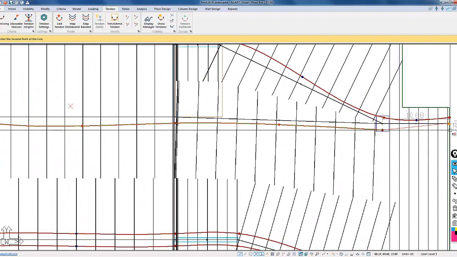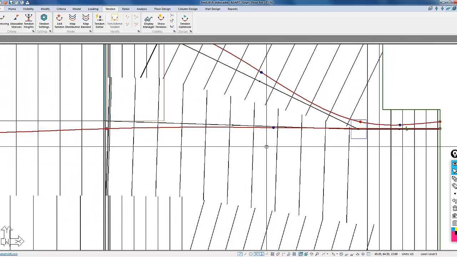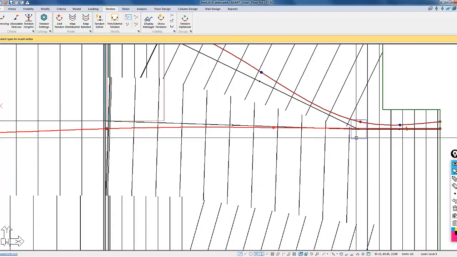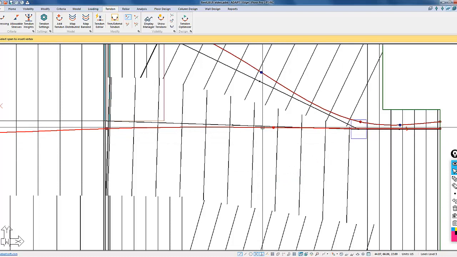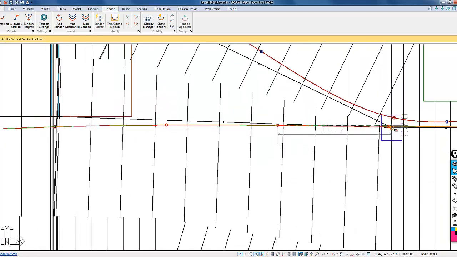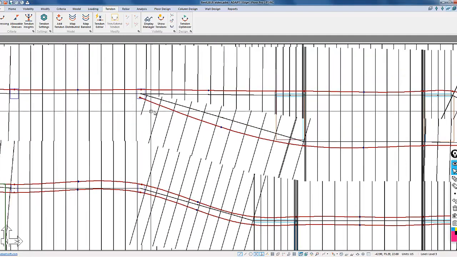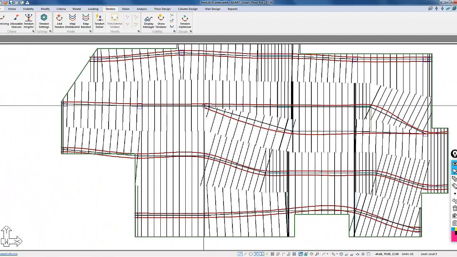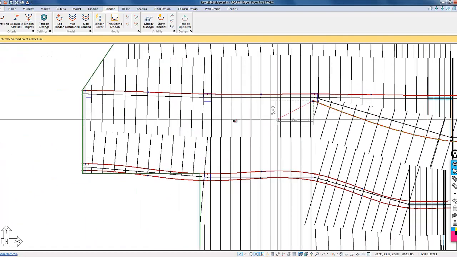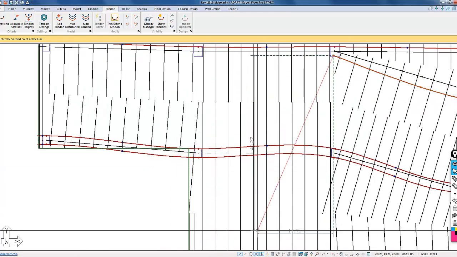I'll stretch this one out to the edge of the slab like so, and then I also need to add a point, so I'll insert a vertex on this line somewhere, and there's my vertex there, and I can now move that over, let's say, to the high point. On the other side of this, we need to run this tendon out, so I'm actually going to take this point, move it all the way out to the slab edge,